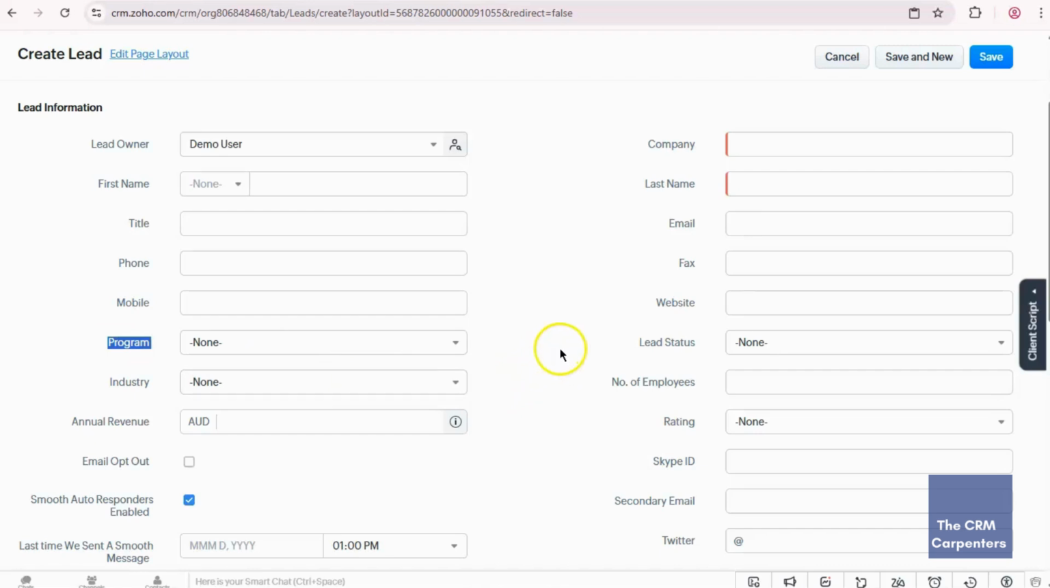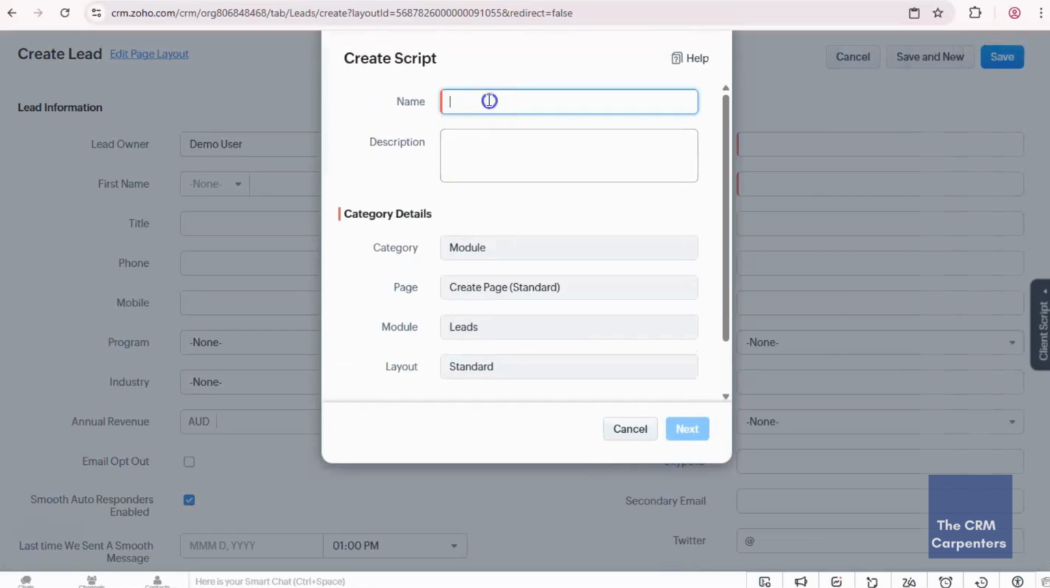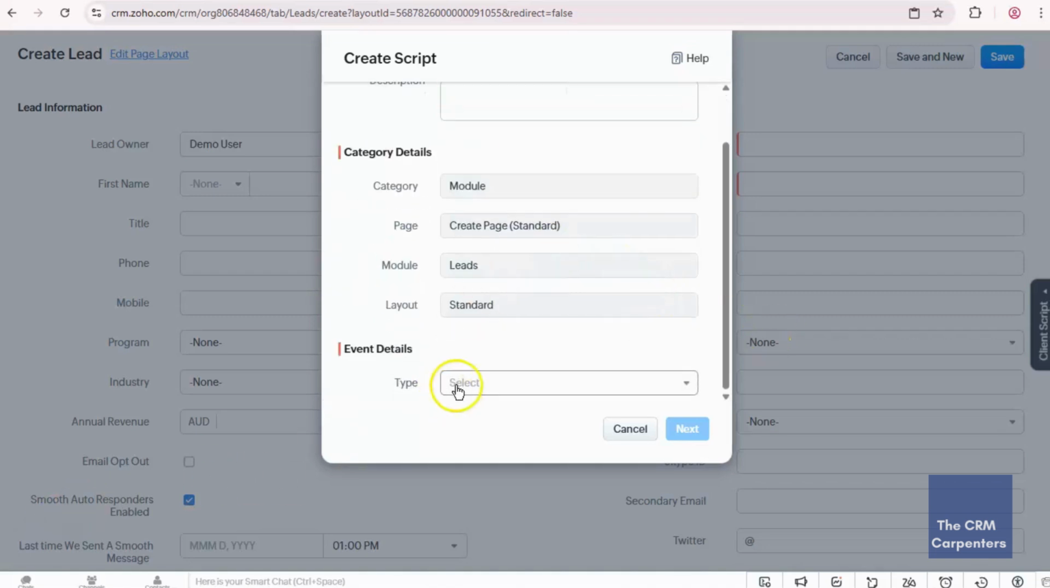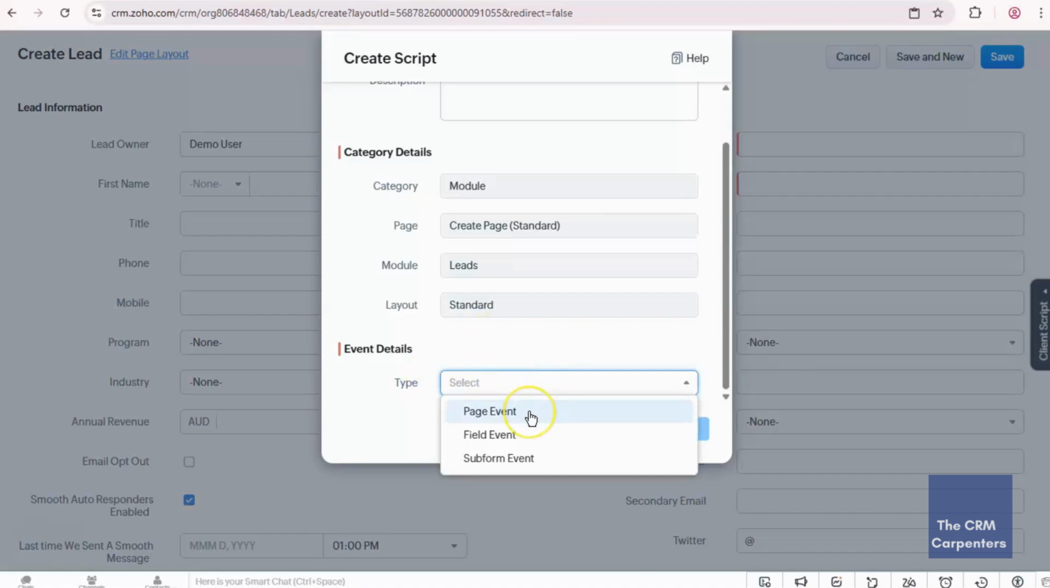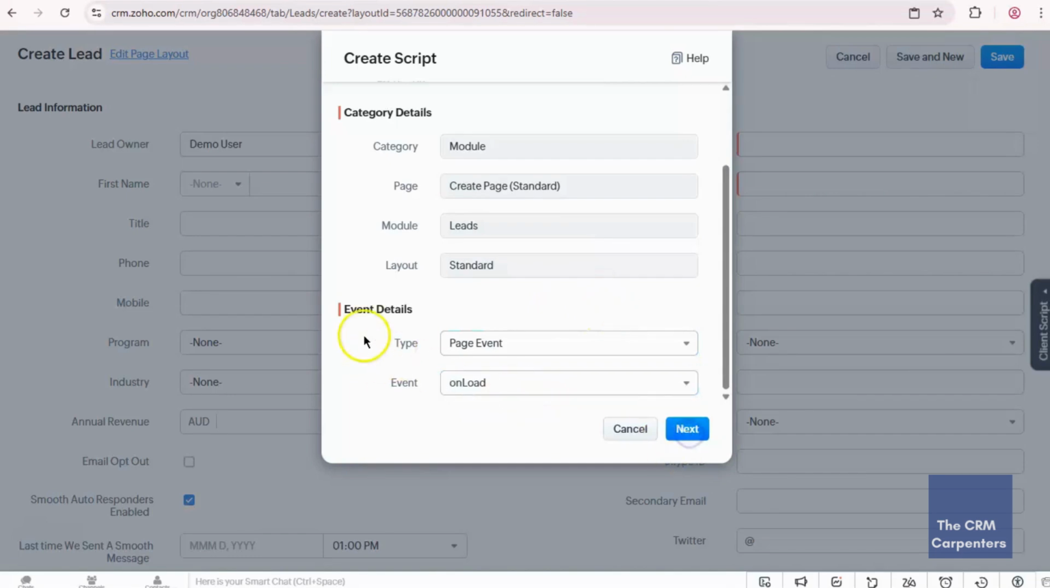We will achieve that using the Zoho CRM built-in client script feature. So just click this client script and click new script and provide a name for your script. Let's name it role-based field control. And so we have the category, the page, the module, and the standard. This has already been set up for us. And next is the event details. So for the type, let's select the page event, and the event would be on load. Just click next,